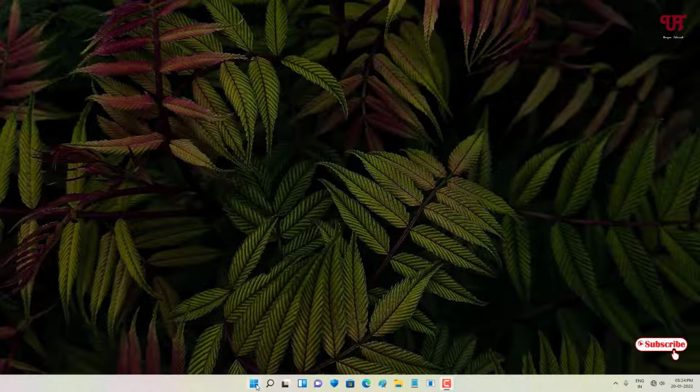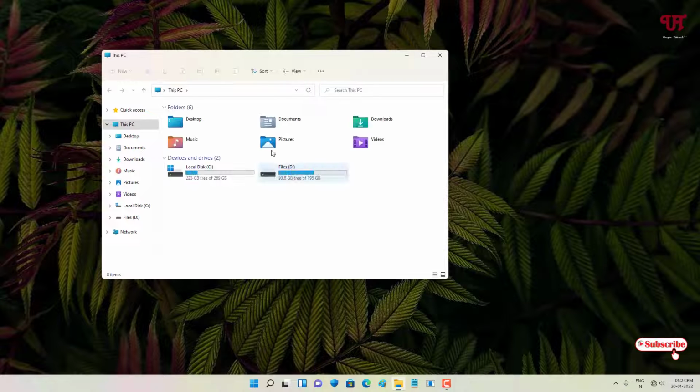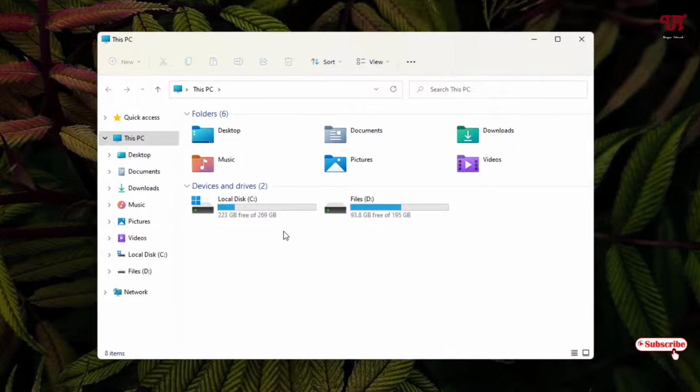So, firstly, let me show you by going to This PC. You can see here my drive letters. You can see the drive letters are just after the drive name. This is the default in every Windows computer. In this video tutorial, I will show you how you can bring this drive letter just before the drive